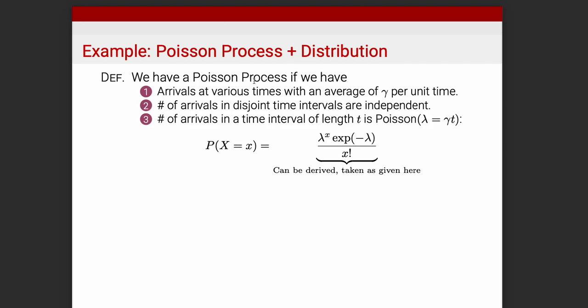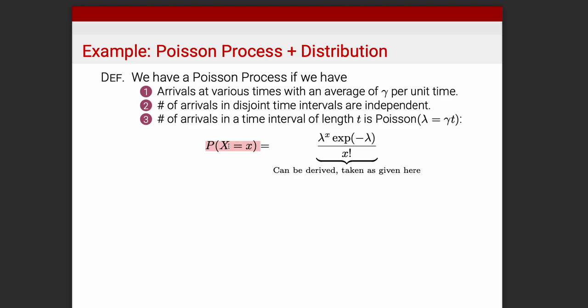So under these assumptions outlined here, a given random variable takes on the Poisson distribution, which has a PMF that looks like this. The PMF here is a little bit uglier than what we saw before. I haven't derived this for you, so this is kind of coming out of the sky as if from nowhere. So don't feel bad if you can't explain why it is the way it is, because I haven't told you why it is the way it is. But you see a lambda here, you see an x here, you see a factorial here. Let me just explain a few things, because we'll come back to it in a few minutes. So the left-hand side, P(X = x).